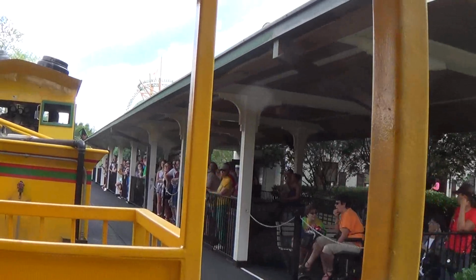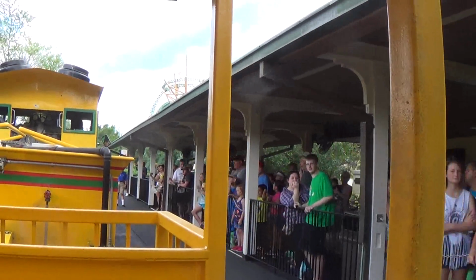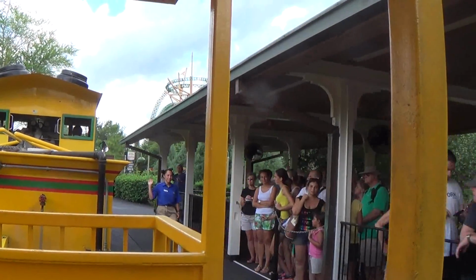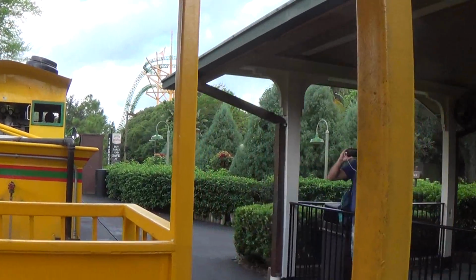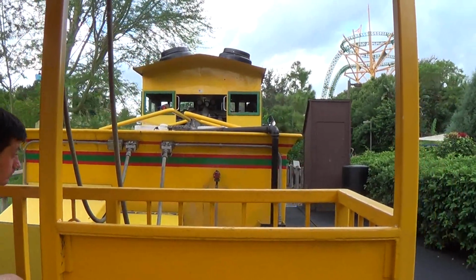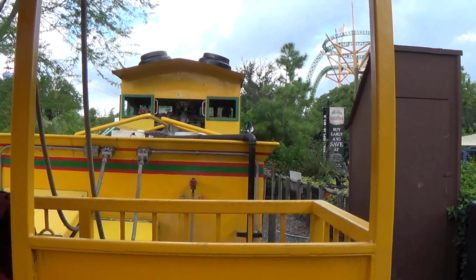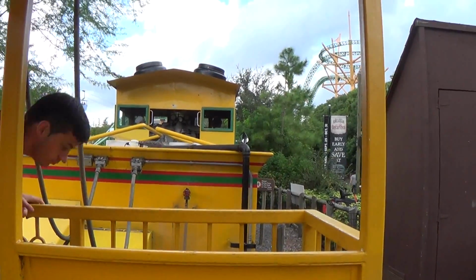Now, as we come into the station here, please be reminded to stay seated till this train has come to its full and complete stop. I'll advise you once it is safe to exit the train, but please remain seated till this train has come to a full and complete stop. Stay seated, ladies and gentlemen. Alright, now take the exit to your right hand side to the station platform. You'll find the exit at the front and